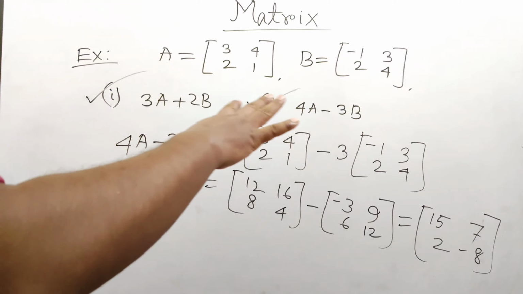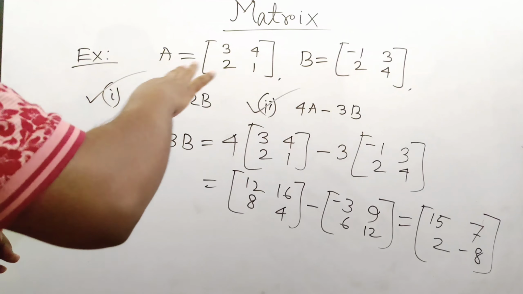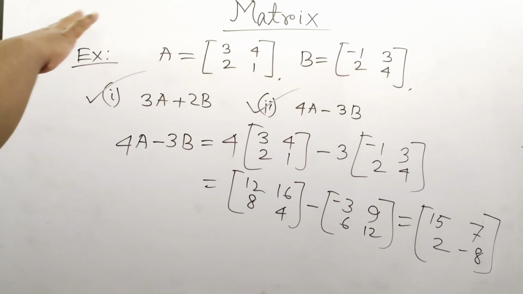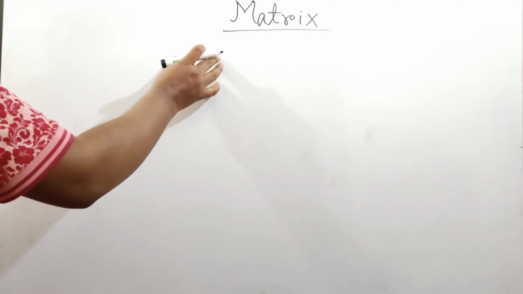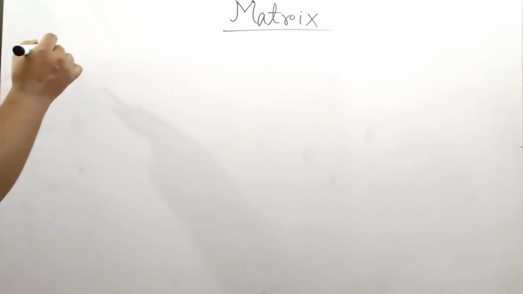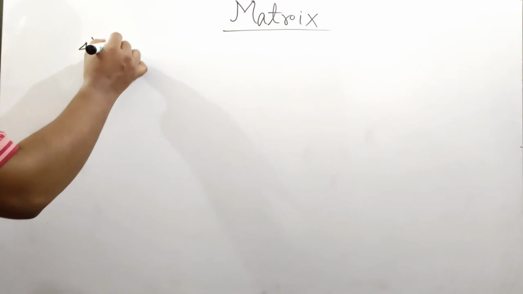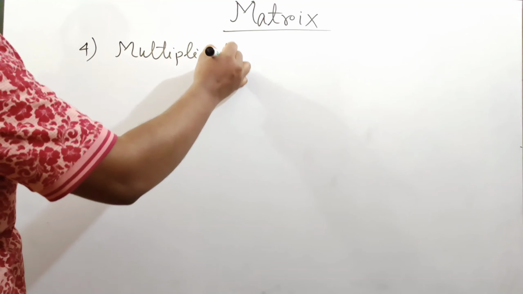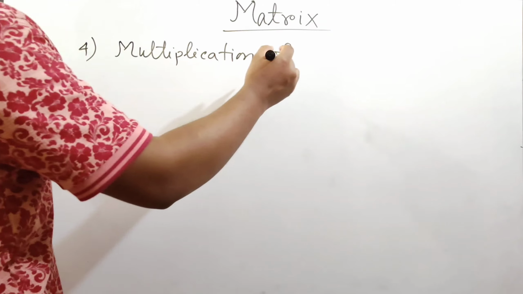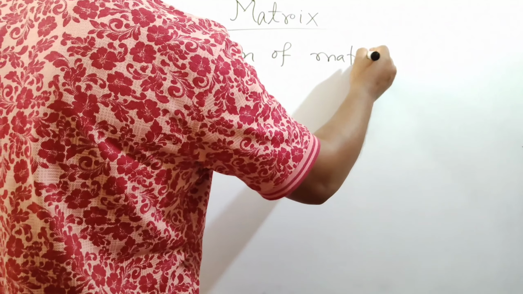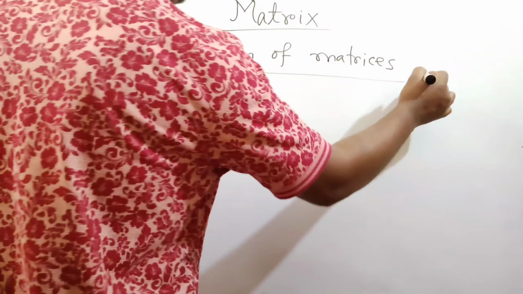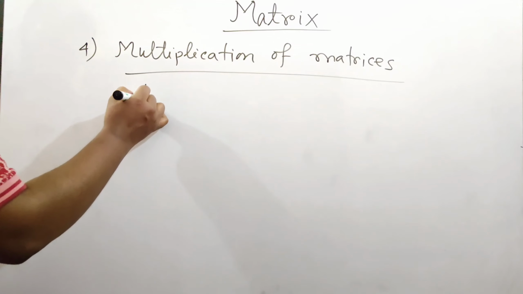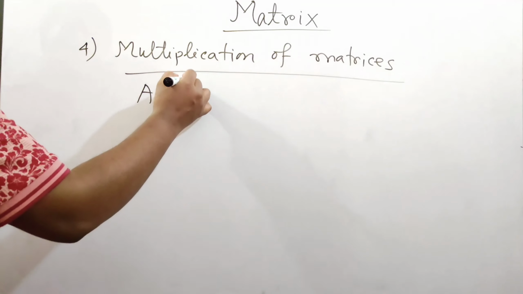So in that way you can do the addition and subtraction, and also multiply the matrix with any constant. I think this is so easy. Now the most important transformation of matrices is number 4, multiplication of matrices. This is the most important transformation. Let us consider one matrix is given, x1 and x2, y1 and y2, and another matrix is given,